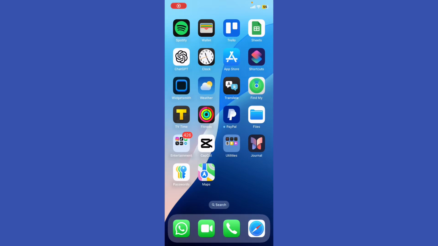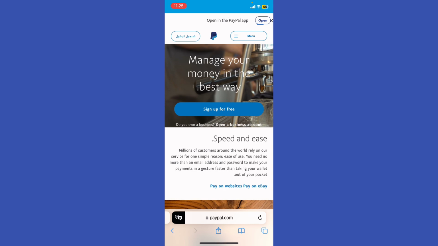How to export your PayPal transaction history. Go to your PayPal website and log into your account. Click on the Activity tab at the top of the page. Next, use the filters to select the date range you want for your transaction history, and click on the statements